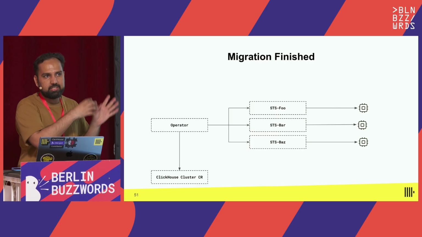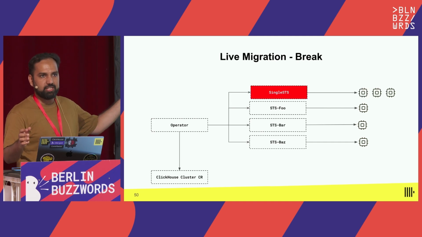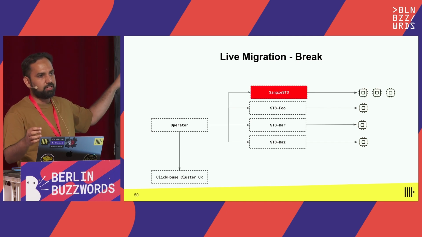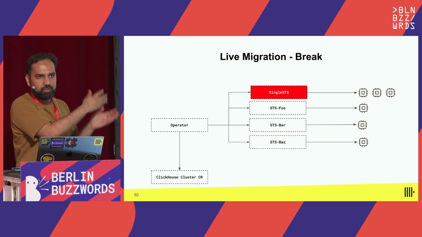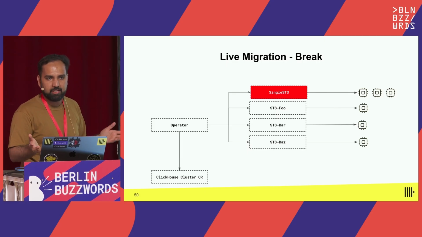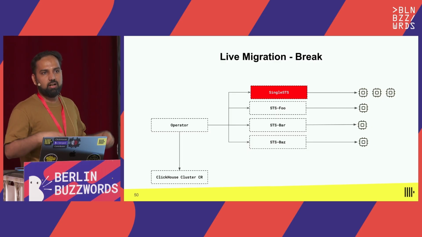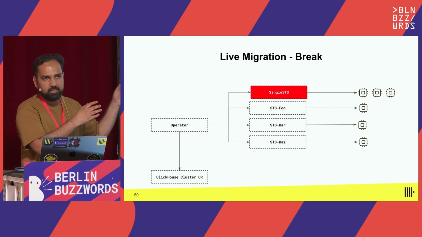But you still need some sort of coordination strategy here, right? Because you have an operator which is responsible for reconciling the single stateful set. So you need something to say, hey, stop reconciling that single stateful set, add these new replicas. It cannot be your operator, because the operator is doing its own thing with the existing customers. So what we ended up doing was using Temporal. I don't know how many people here are familiar with Temporal, which is a durable execution workflow engine. So we leveraged Temporal to do this orchestration, and we implemented a custom Kubernetes controller to implement this migration.